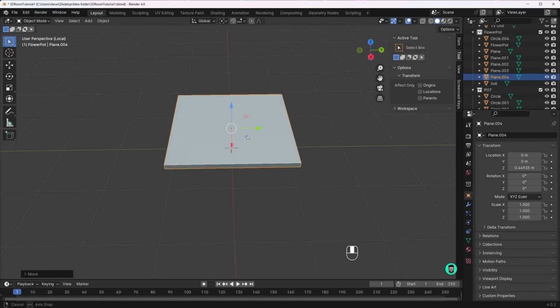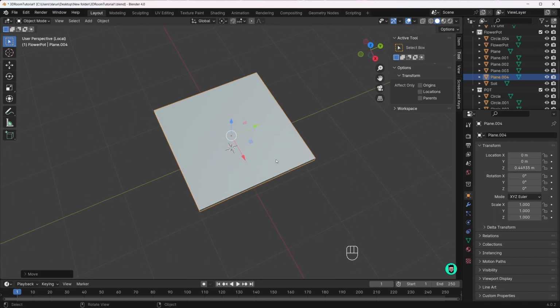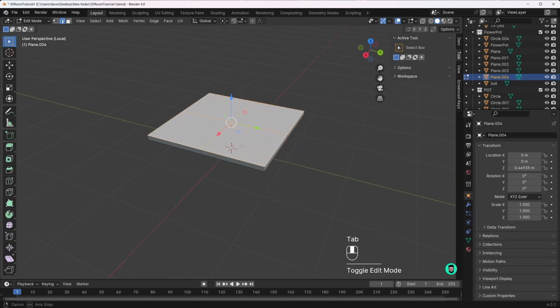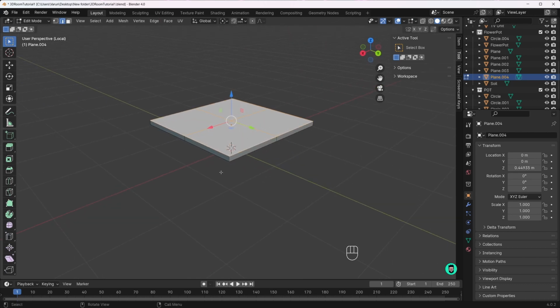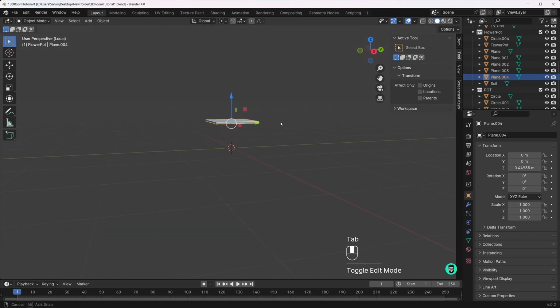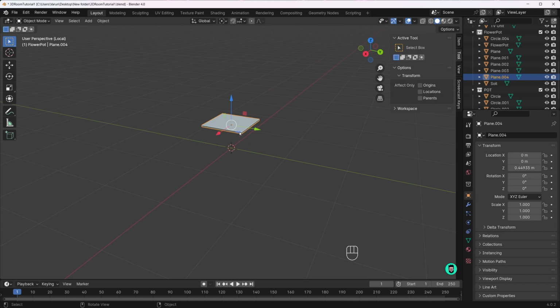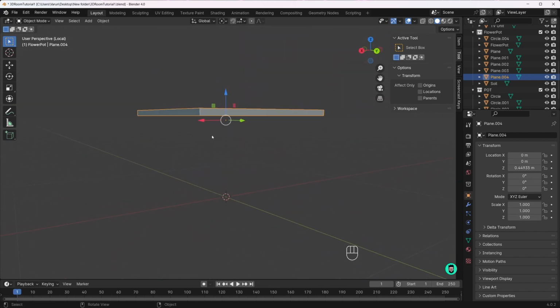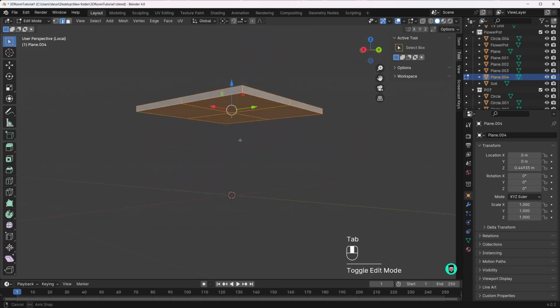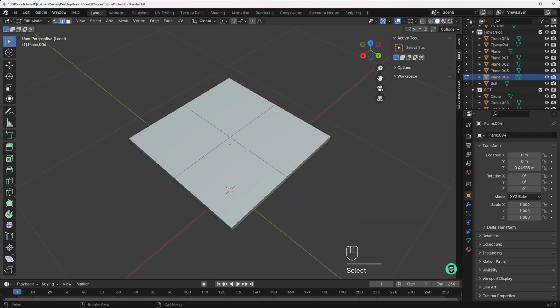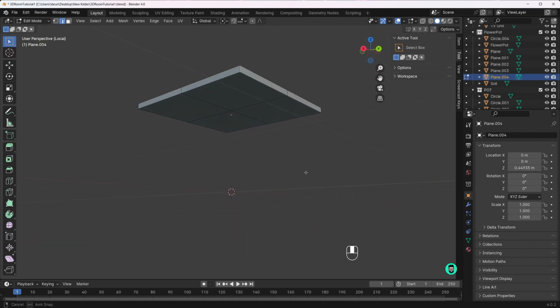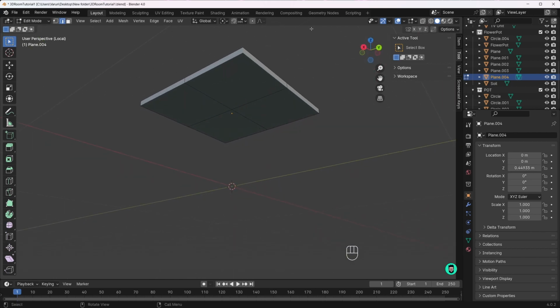Now this is a bit big because we did not change the overall scale. So let's tab to go into edit mode and let's scale it inwards. Let's press A to select everything and S to scale. Now let's make the legs of the table. So press tab to go into edit mode again, and we will need to select the bottom 4 faces. So with your mouse wheel, click and hold the mouse wheel and drag it so that we can see the lower faces. Select all of these faces while in the face select mode